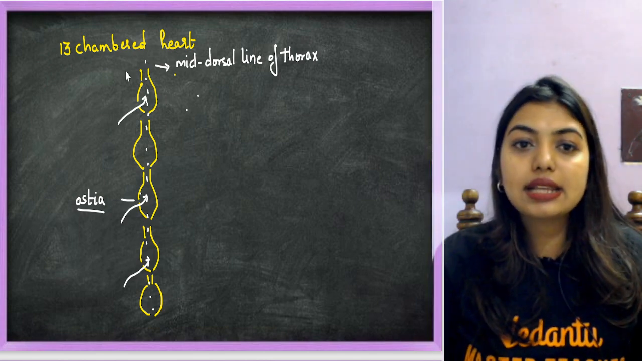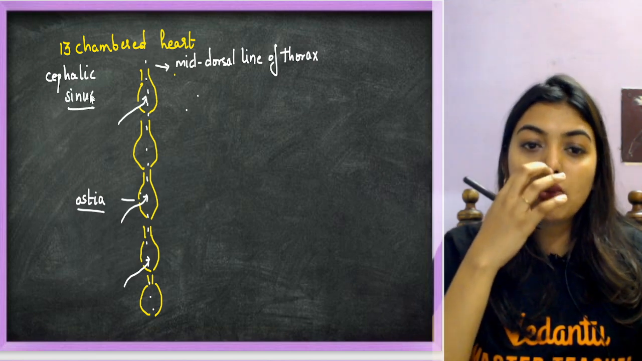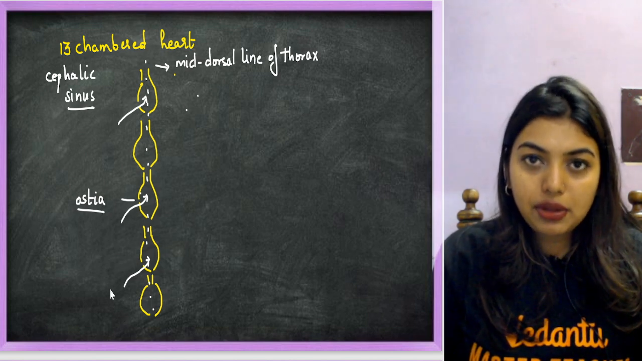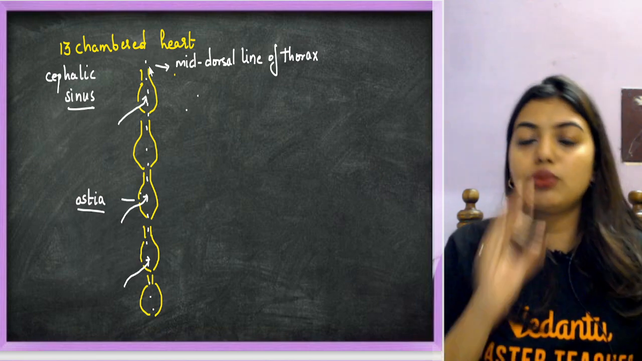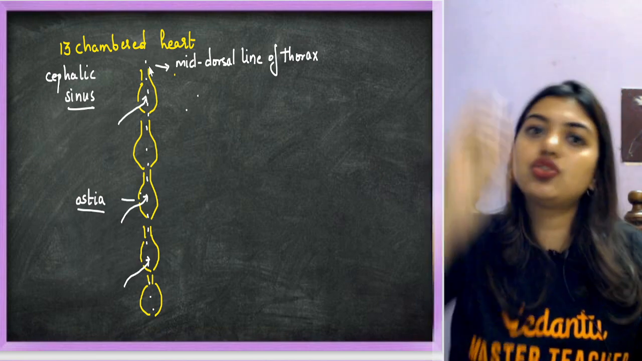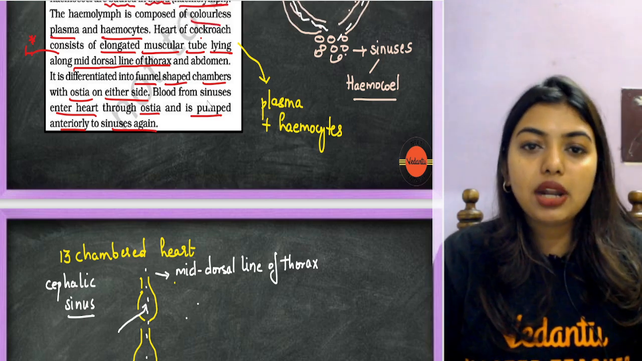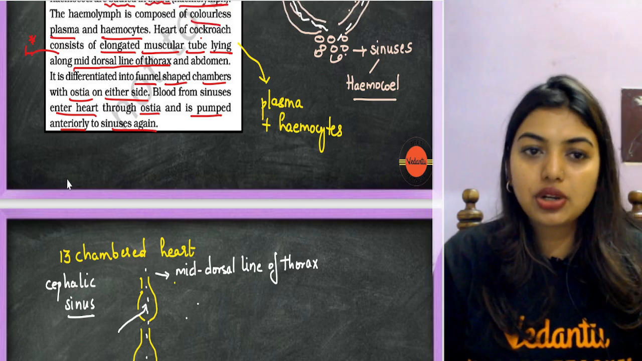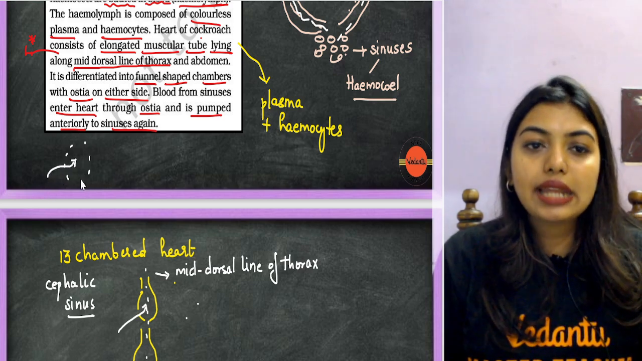Now the head has a cephalic sinus. Cephalic sinus means a small opening-like region, right? So what is going to happen? The blood is going to enter from the spaces inside through ostia, and it is going to move towards the head region where there are also spaces. So this last line is very important for all of you: blood from the sinuses enters the heart. Understood? From the spaces, the sinuses, it will enter the heart through ostia and it is pumped